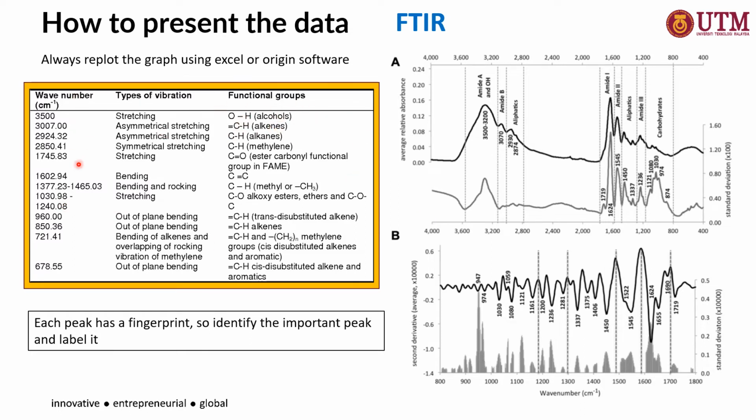So each wavelength actually represents a specific functional group. You can obtain this data from the general reference. Similar to the XRD, for FTIR you always need to replot the graph using Excel or Origin software. From there, you need to label all the peaks to identify which part you want to